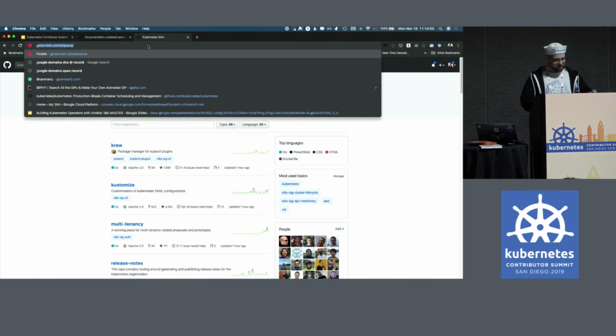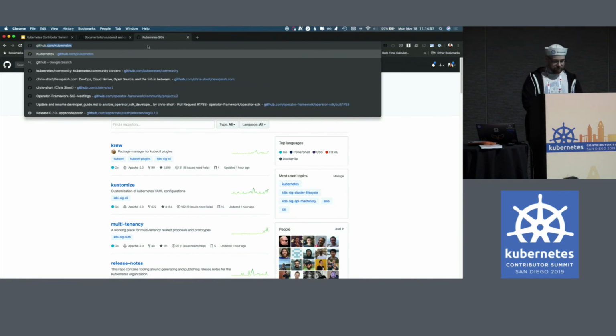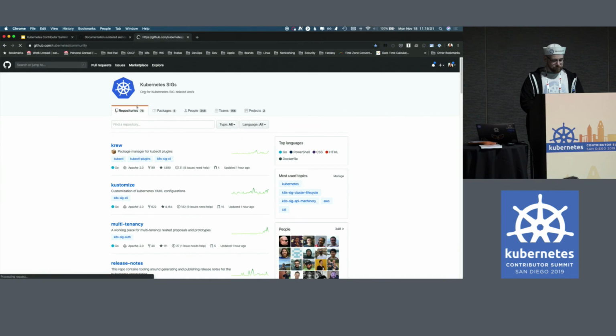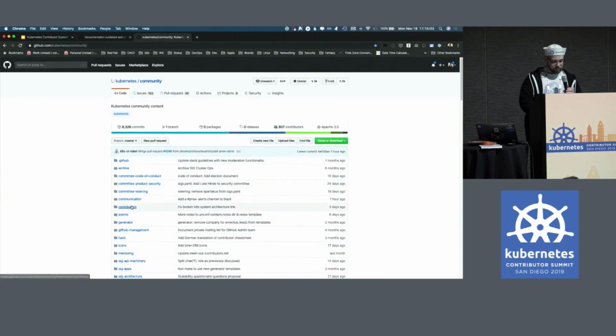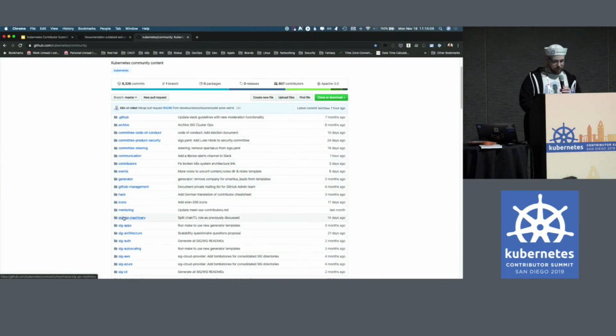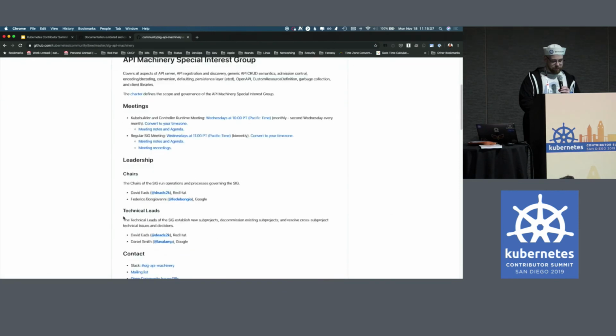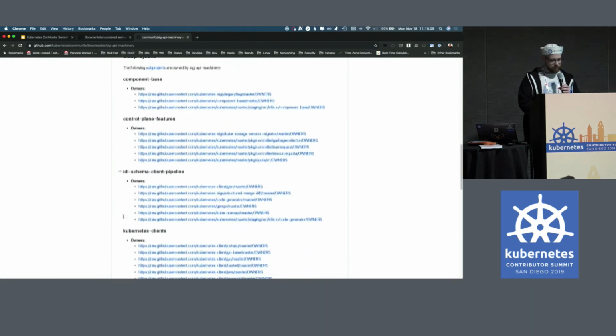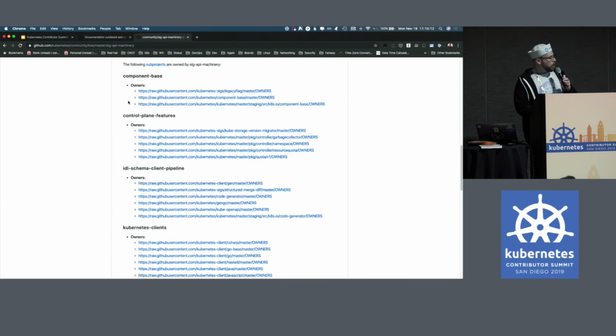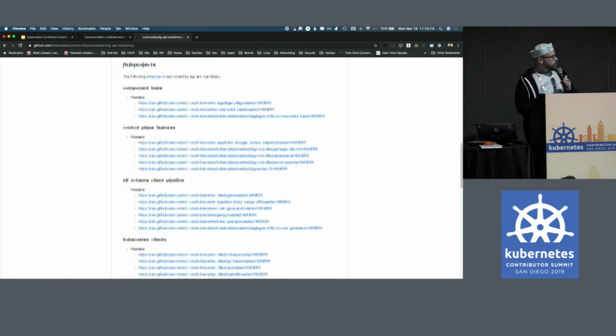I'm going to put this down. So pop over to API machinery. You can see all the different parts. Here are all their subprojects for API machinery.